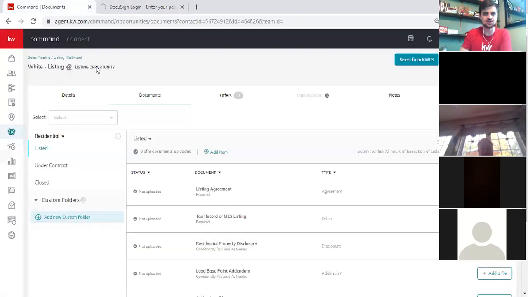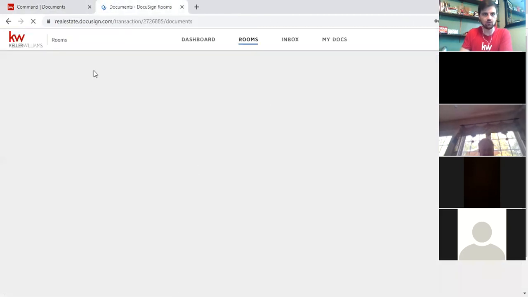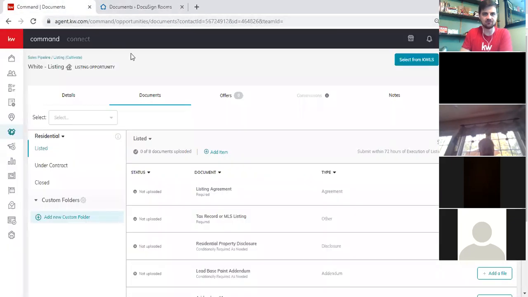So just remember, through this Documents tab is where you're going to create what we call a DocuSign room for Snow White. Okay? And again, we're going to get deeper into DocuSign as we get a little bit further down the line. Once I create a DocuSign room and it's attached to Snow White, this has changed from Start a Transaction now